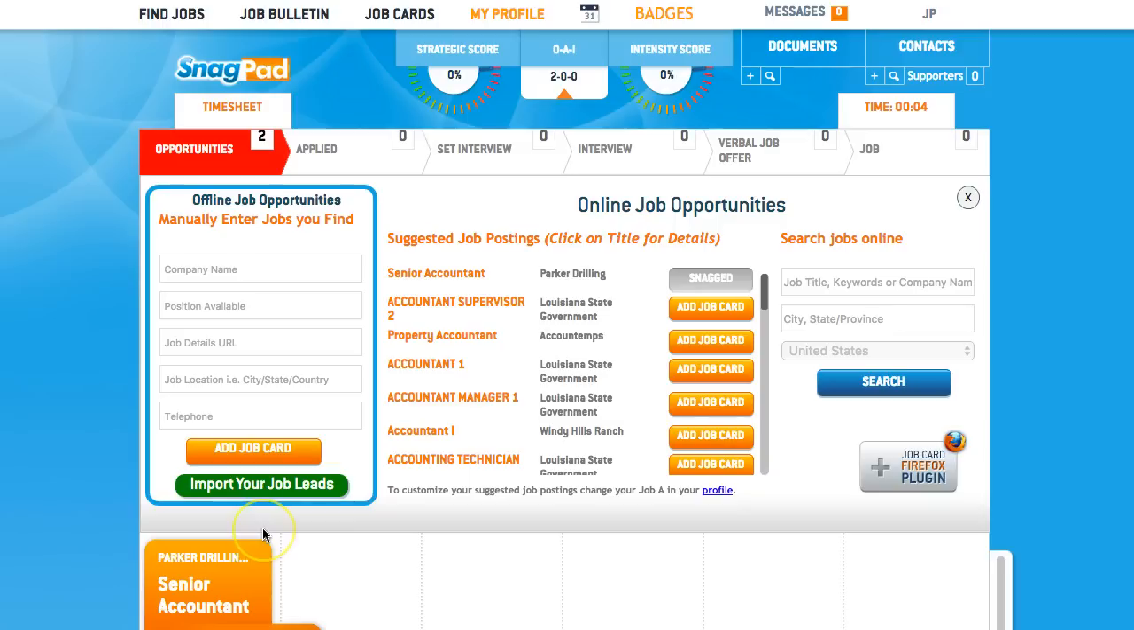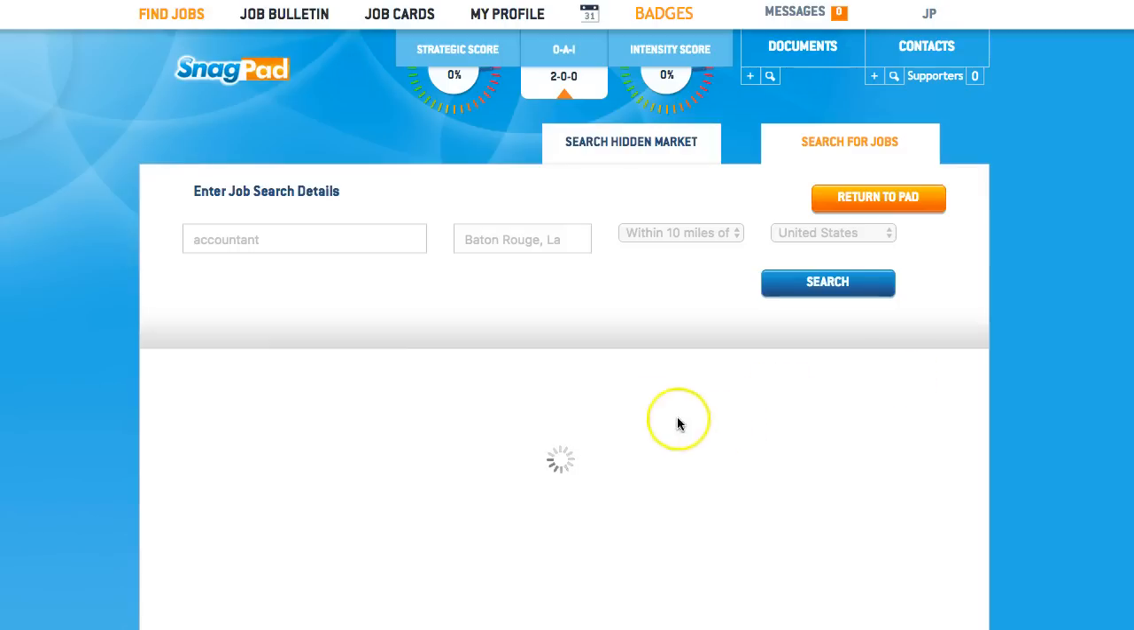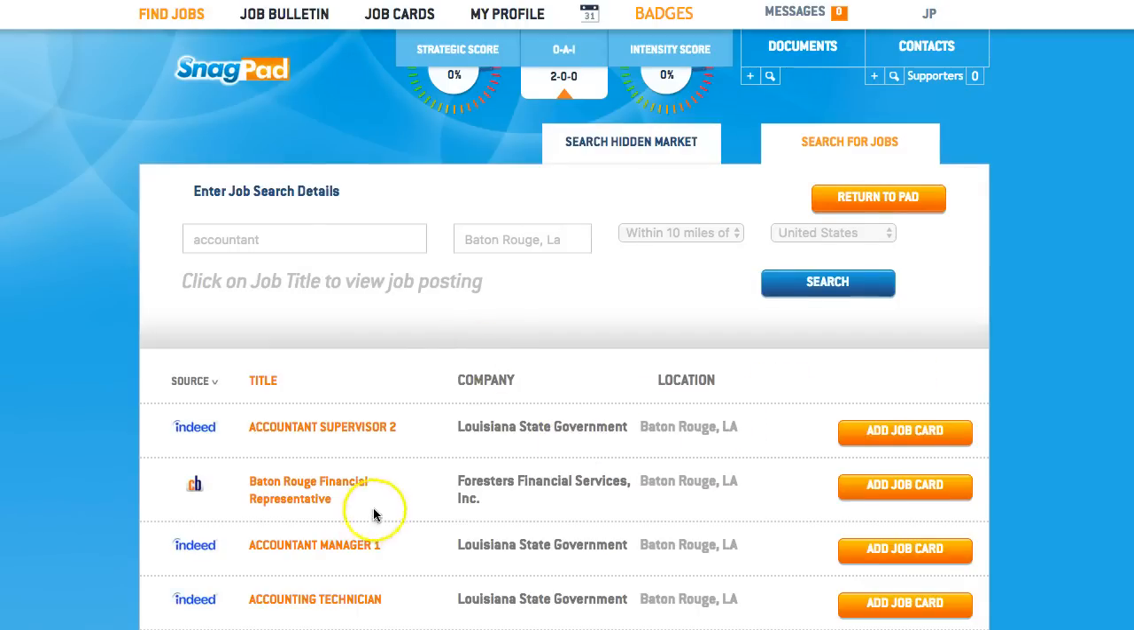It means that you're interested in applying to it and have left it here. In the search jobs online, you can simply type in the position you're interested in and the location you're interested in working at. So let's say Baton Rouge, Louisiana. You click on search, and it's going to bring up a page with a number of different types of